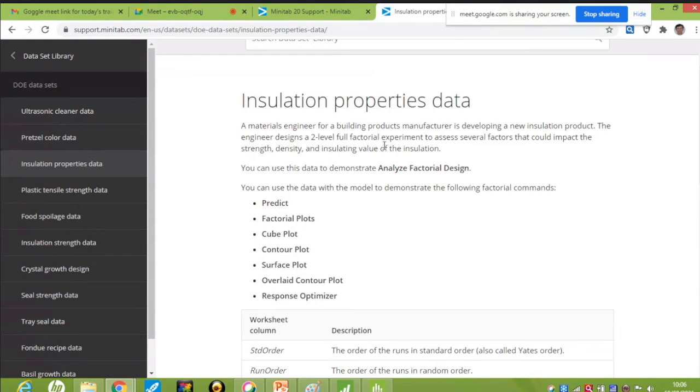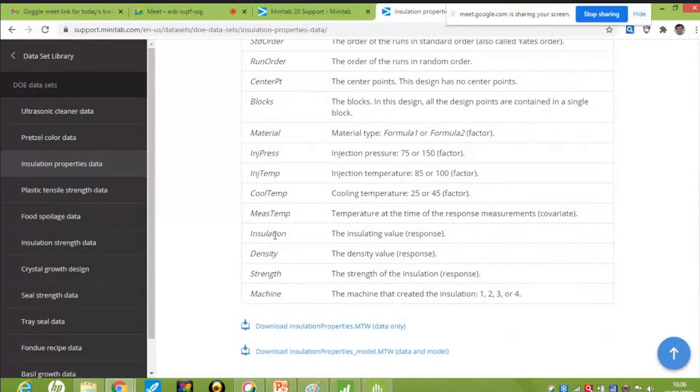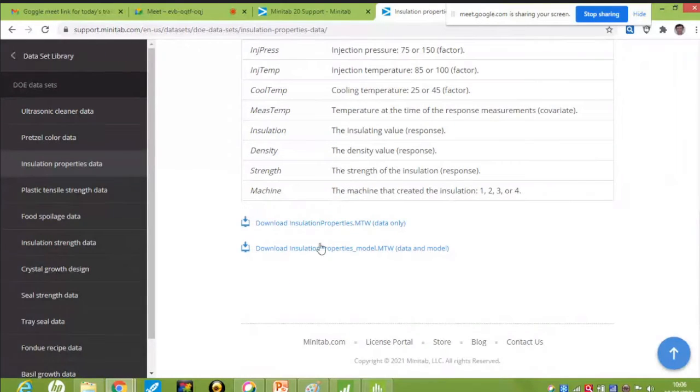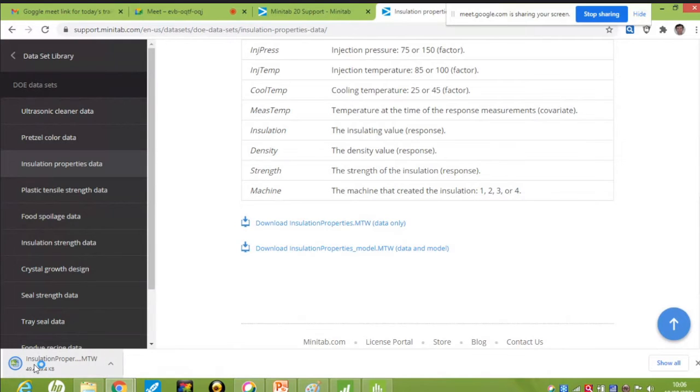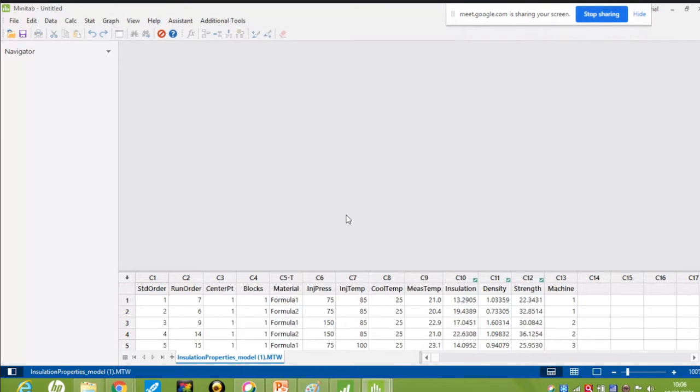So we use the two-level full factorial to assess the factors that could impact the strength, density, and insulation value of the insulation. So here how many responses do we have? We have insulation, we have density, we have strength. Okay, and these are the factors. So open this example, insulation properties model.mtw.